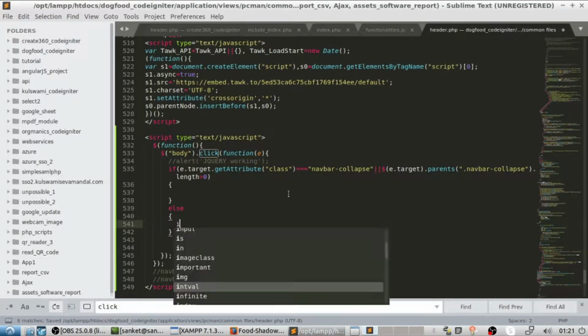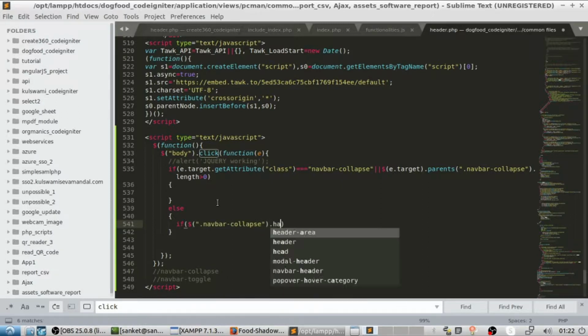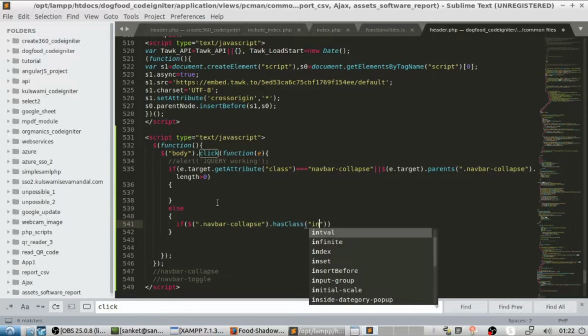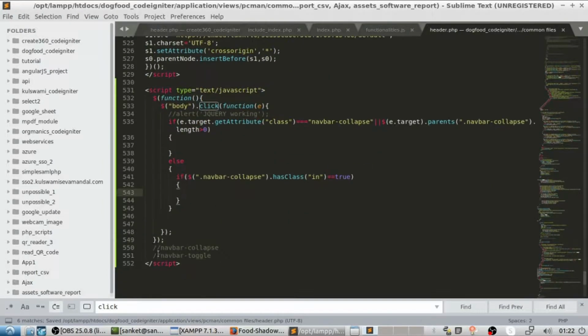Here if we check, when the navbar is expanded, there is an in class present with it. So in code, we have to find out if navbar has the class in with it or not. If yes, then we shall auto click the toggle button.